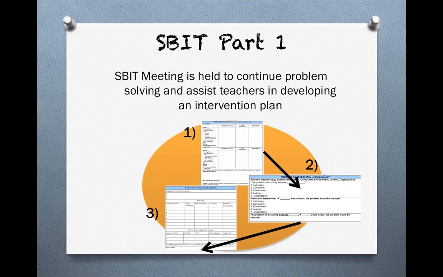The SBIT meeting is held to continue the problem-solving process and assist teachers in developing an intervention plan. The SBIT team may consist of, but is not limited to, the classroom teacher, the school counselor, school psychologist, staffing and compliance teacher, school nurse, school social worker, speech and language pathologist, reading coach, behavior specialist, ESC support facilitators, and